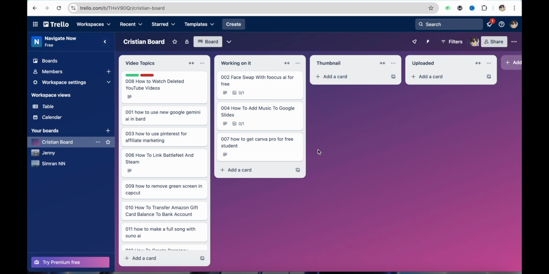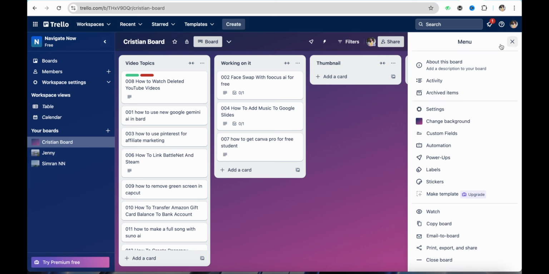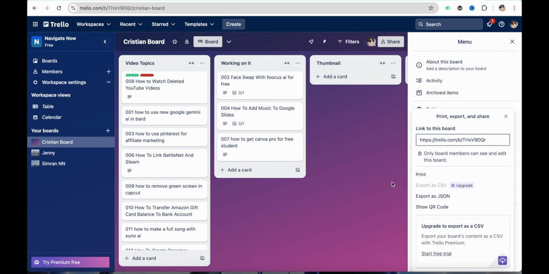So for example, I want to print this particular board right here, and from there just simply click on from the top right corner of the screen, and over here at the bottom of the screen you will be able to see the option called print, export and share. Just simply click on it, and if you want to print it, you just have to tap on print right there,